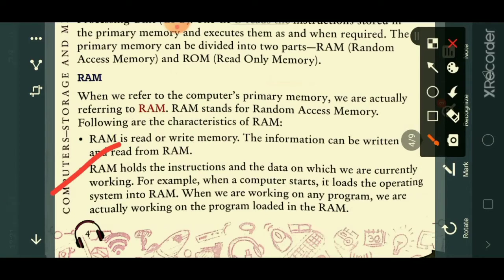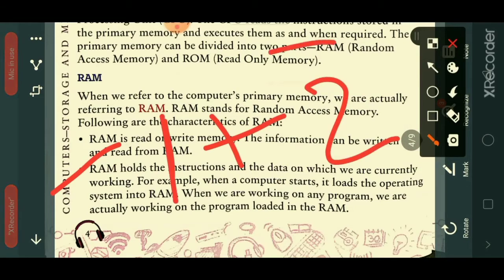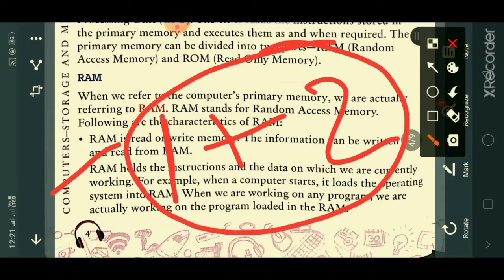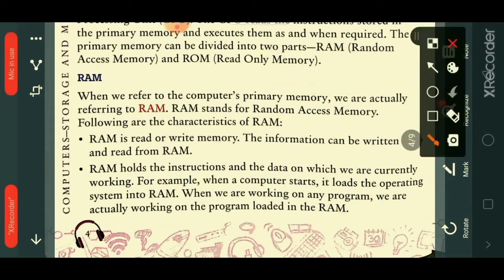RAM holds the instructions and the data on which we are currently working. As I already said, for example, if you are adding the data 1 plus 2, these are stored inside your RAM. Example, when a computer starts, it loads the operating system into RAM.